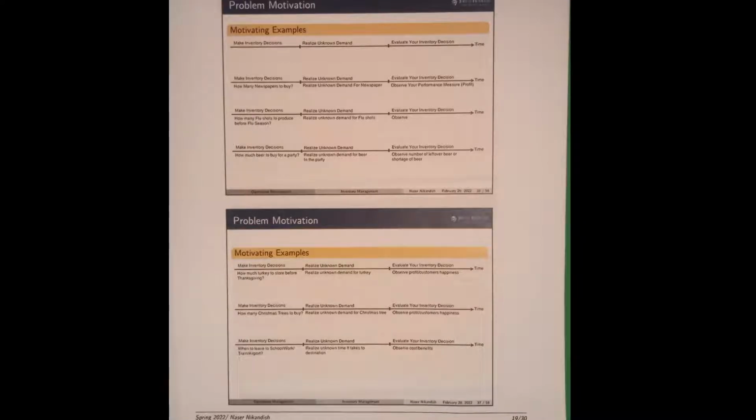Here's another example that is a little bit different than what we have discussed in the class so far. Imagine you have a flight, and imagine you have to be at the airport by exactly 8:30 a.m., not 8:31, exactly 8:30 a.m. Right? If you leave at 5 a.m., you have left yourself 3.5 hours of inventory of time. Now, we are looking at time as an inventory.